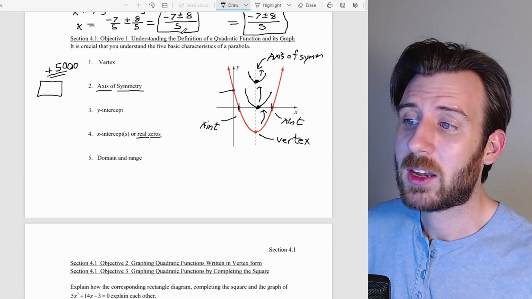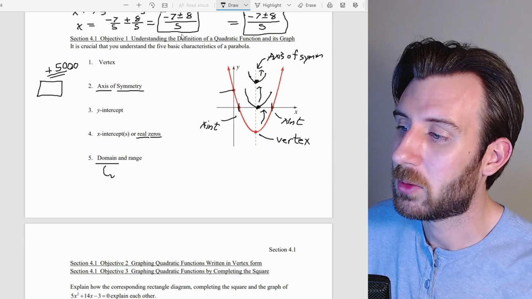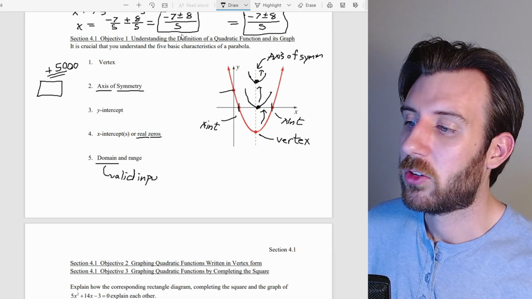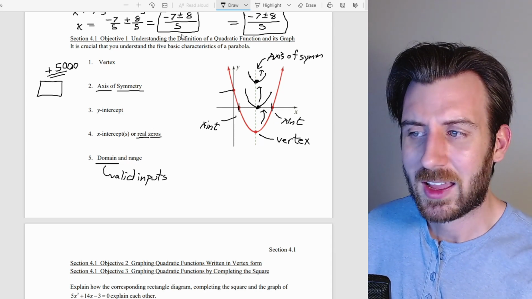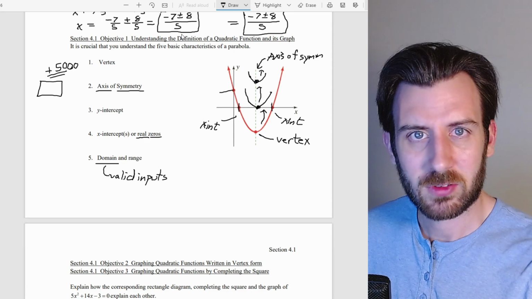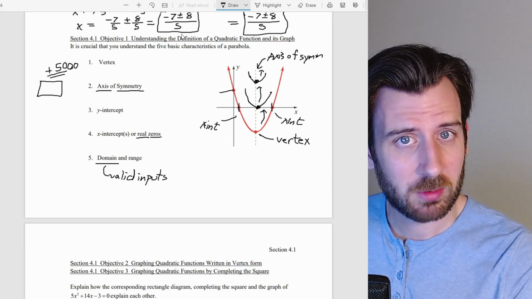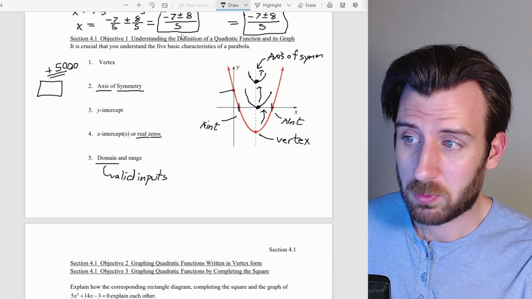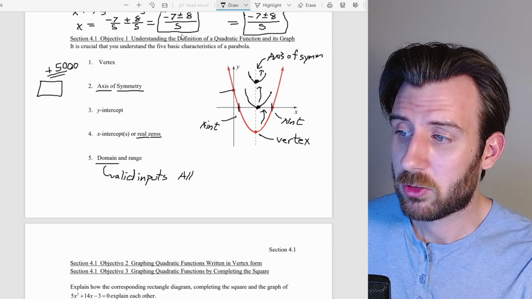Okay, good. The domain and range, let's keep in mind what that means. Domain are all of my valid inputs. So these would be valid inputs into this storyline. But there's a lot of valid inputs into this storyline. Like if I said, how many times am I going to change or shift this rectangle? I could make negative shifts. I could go backwards in my animation. I could go forwards in my animation. For parabolas like this, your valid inputs are all real numbers,